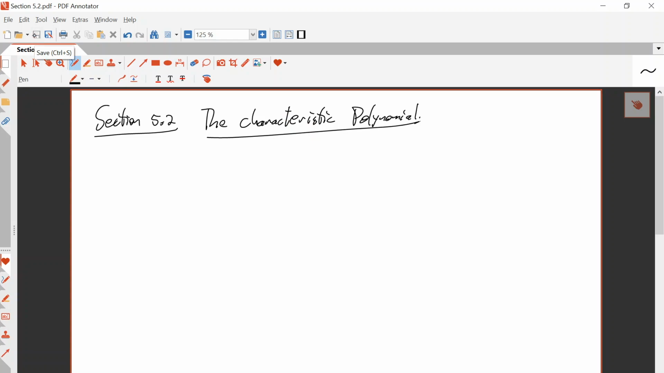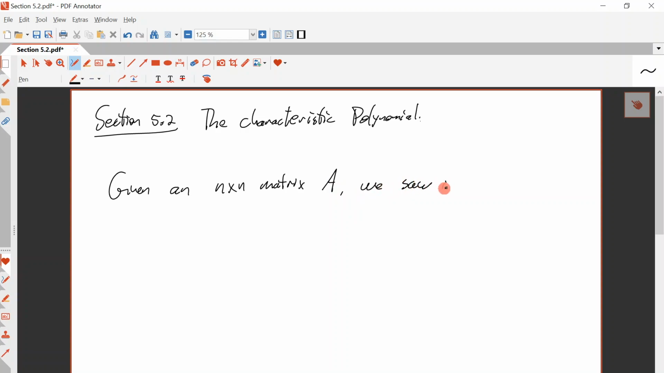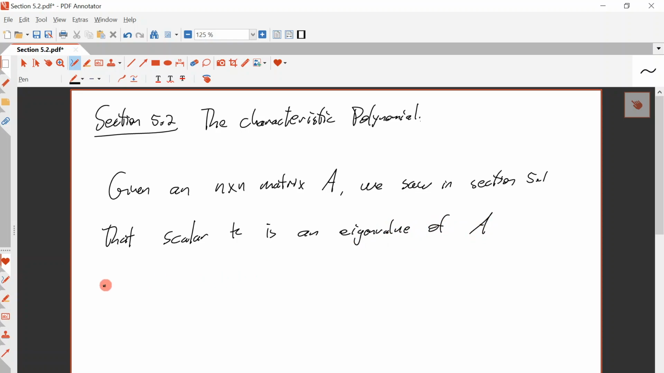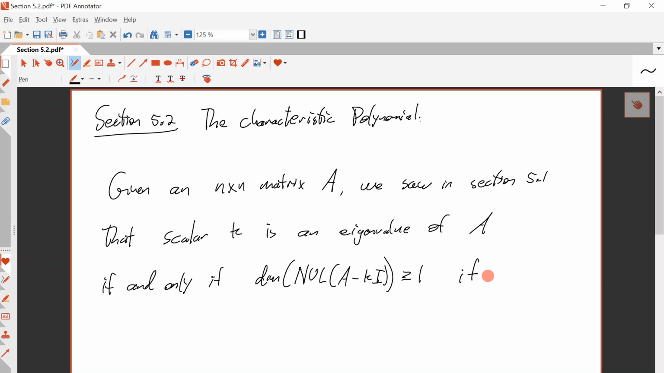So, given an n by n matrix A, we saw in section 5.1 that scalar k is an eigenvalue of A if and only if the dimension of the null space of A minus kI is bigger than or equal to 1. Right? That is, if and only if, well,